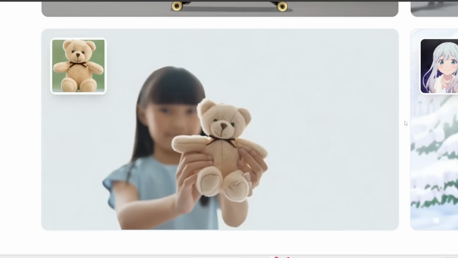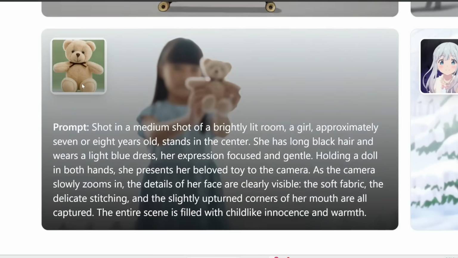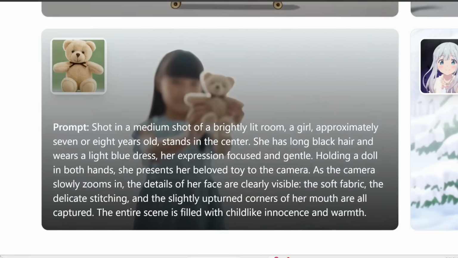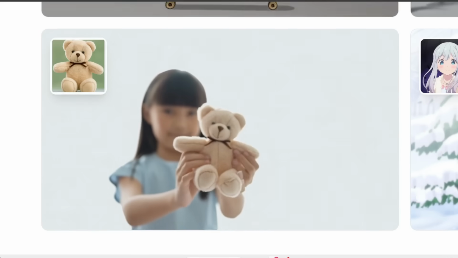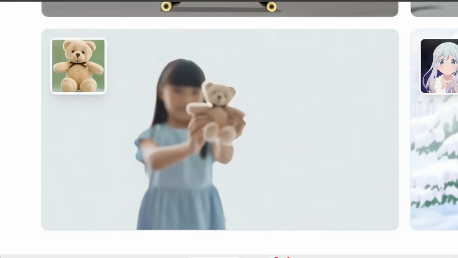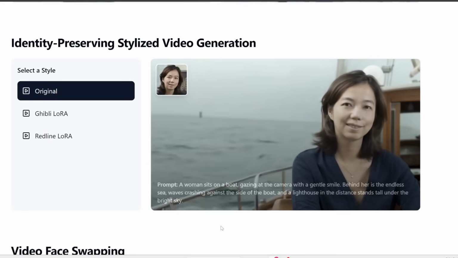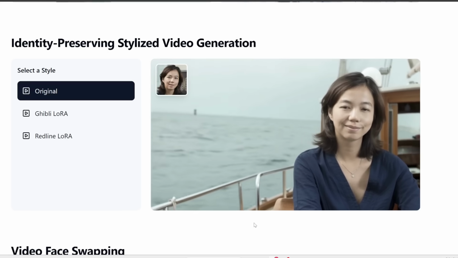Now, not only can it do anime characters, but it can also do other objects like this teddy bear. If this is your reference image and this is your prompt, here is what you get. Again, it looks exactly like the teddy bear. The facial features and the bow tie are all completely accurate. Here's another crazy and super realistic example of Fei-Fei Li sitting on a boat, and I mean, this looks